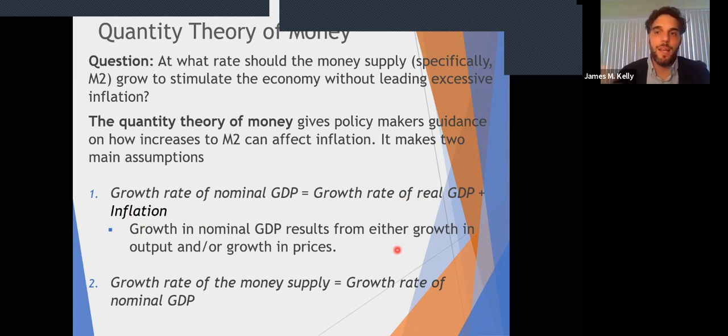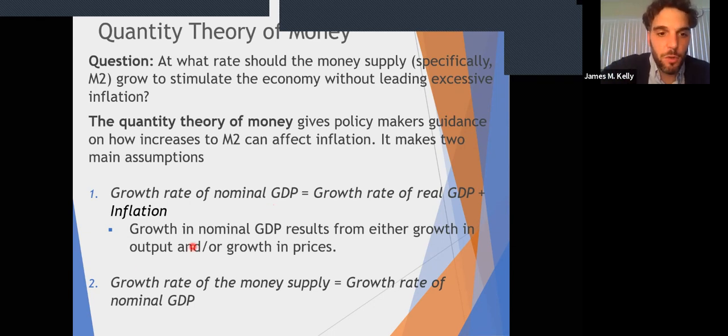And why? We can understand that by understanding nominal GDP. There are two variables when we calculate nominal GDP: the price of goods, the market value of the goods that we're producing, and the number of goods being produced. Real GDP measures the number of goods being produced, and nominal GDP measures it at the current year's prices. So if there's growth in nominal GDP, it's from one of those two sources: prices or quantities. Quantity being growth in real GDP, prices being growth in the price level, or inflation.